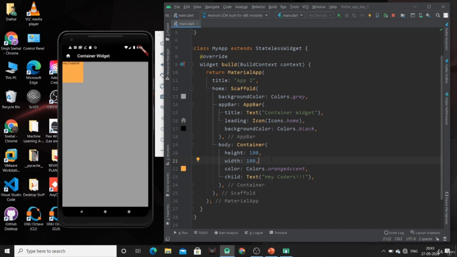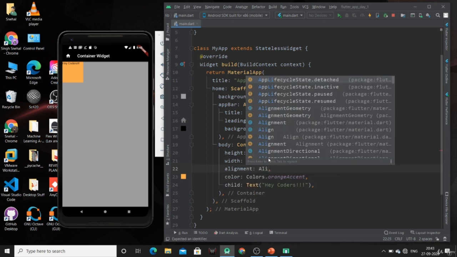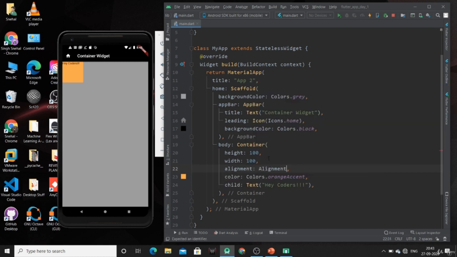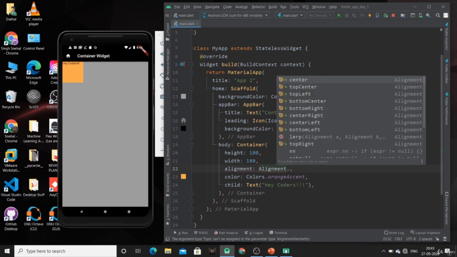Now if we want to specify the alignment of our child, then we can use one property which is called alignment, and we can specify the alignment of our child by using this alignment dot. Now these are the positions available, that is center, top left, bottom center.